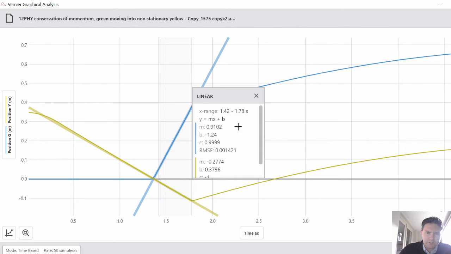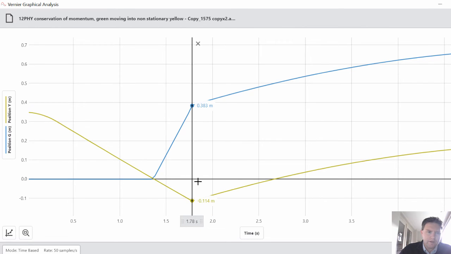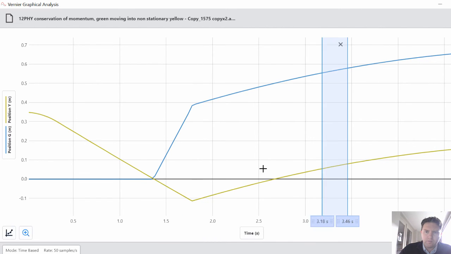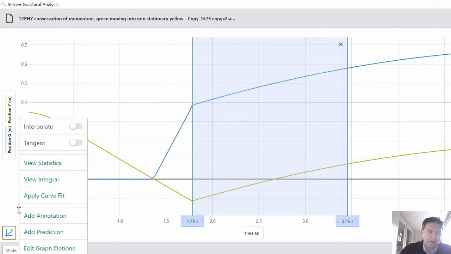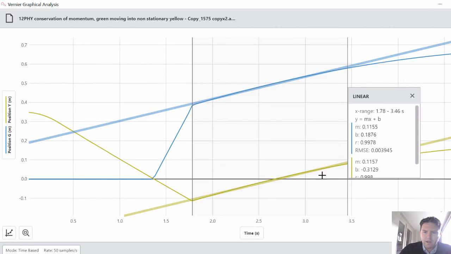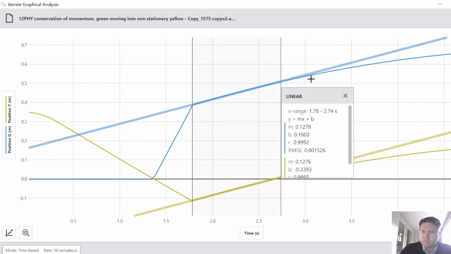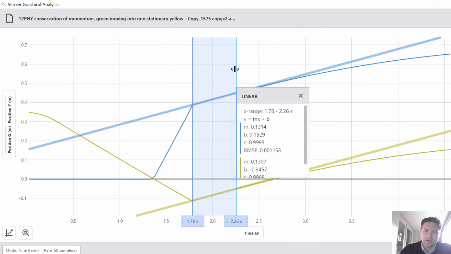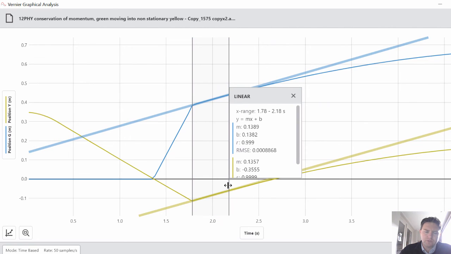At about 1.78 seconds, you can see that the yellow and the blue lines change, and then they basically begin to track or follow each other. You'd expect, if we highlighted from there onwards, to be a straight line. And if we apply a curve fit to both of them, you see that they don't perfectly follow that line, and actually there's quite a bit of deviation, and that's saying that it's decelerating, and it's decelerating because there's friction in the track. And so we can really only talk about initially after the collision, because we're assuming that momentum is conserved,